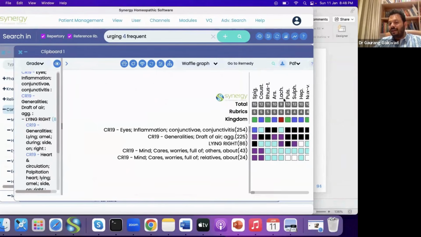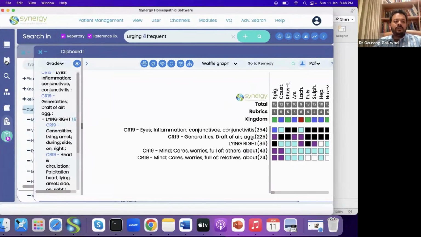And there are more remedies. There is Lachesis, there is Arsenic, there is Rhus tox, there is Causticum, right? There are a few groups of remedies. But the remedy that matches the entire state here is Spigelia. Why Spigelia? Interestingly, when you read about Spigelia,